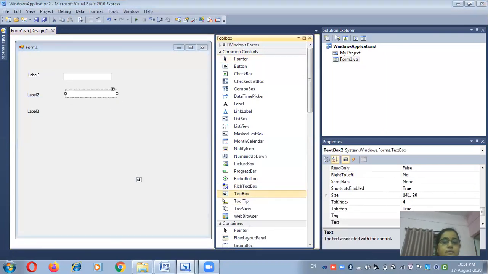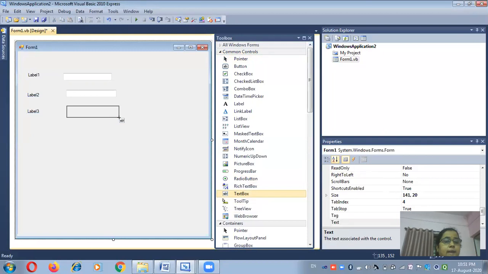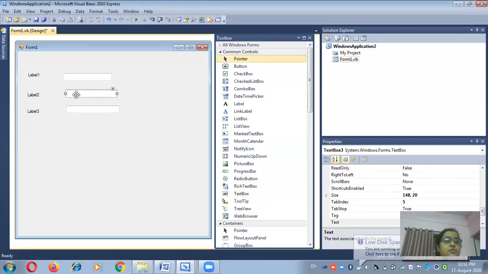For that I have chosen a text box. Why am I choosing a text box? Because a text box represents or stores the integer value. And when I require the output, the question appears in your mind, what is the meaning of this statement?